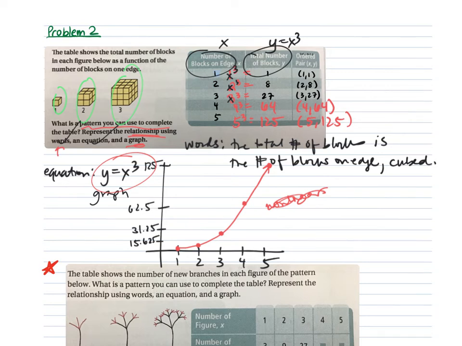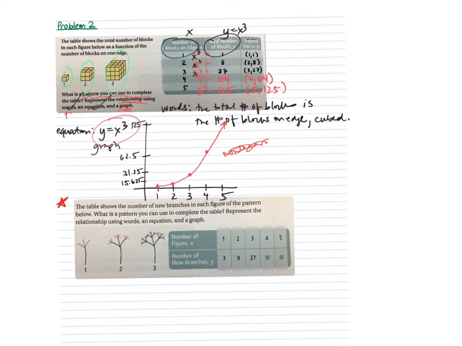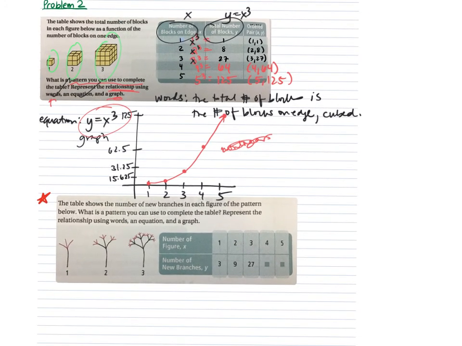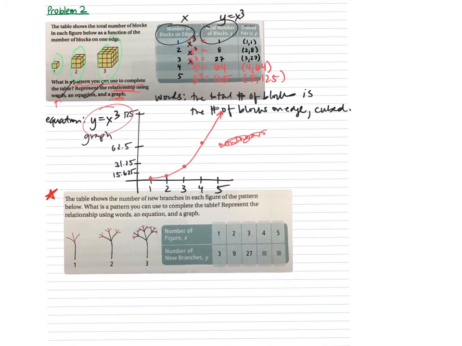Okay. So now there's one to try on your own. This table shows the number of new branches in each figure of the pattern. What is a pattern you can use to complete the table? Represent the relationship using words, an equation, and a graph. So see if you can figure out the pattern, fill in these two